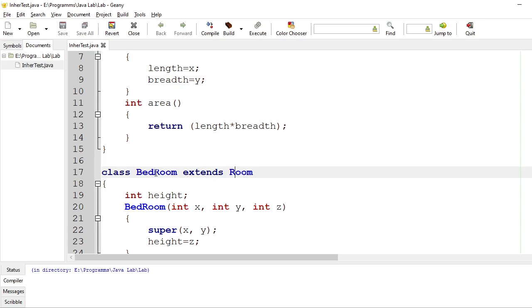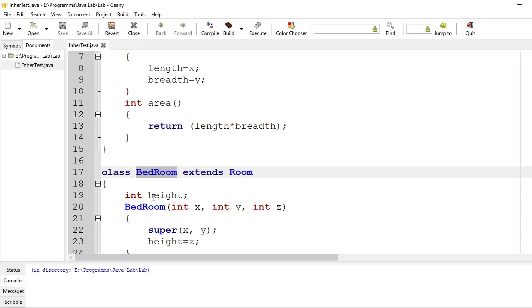Now, the meaning of this line is, I have created a new class called bedroom from the existing base class room. So whatever members, data or methods are available in room are also available in bedroom.